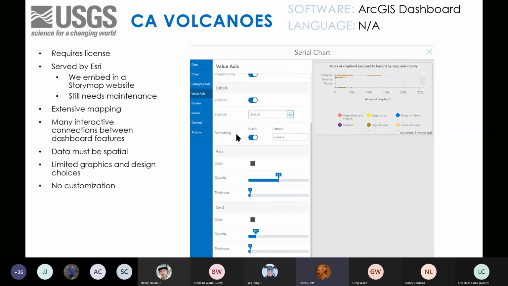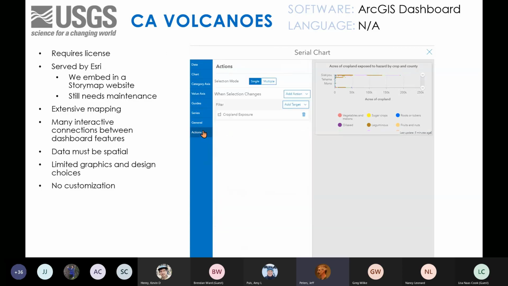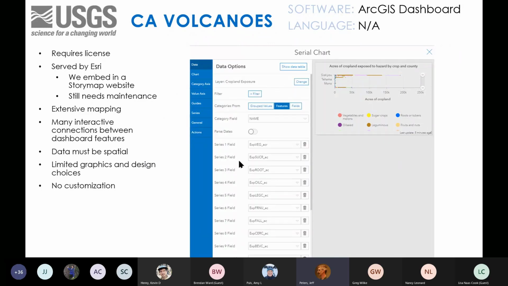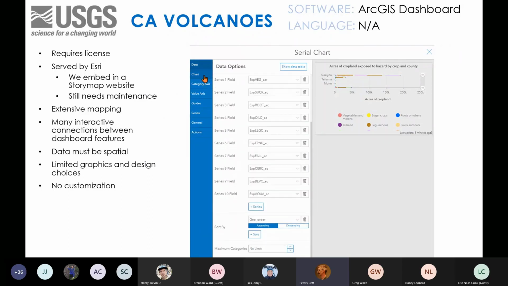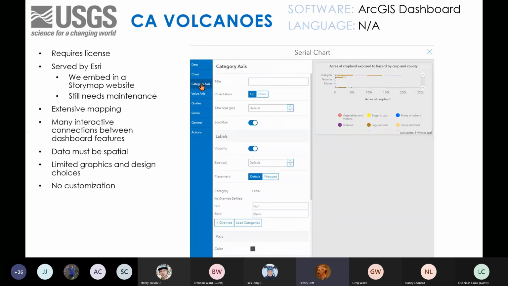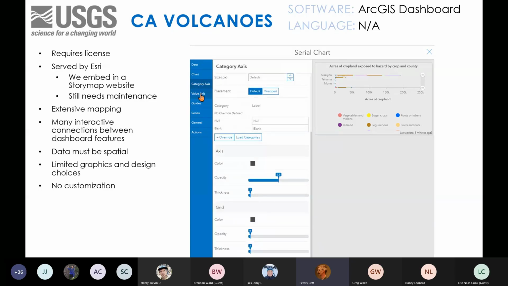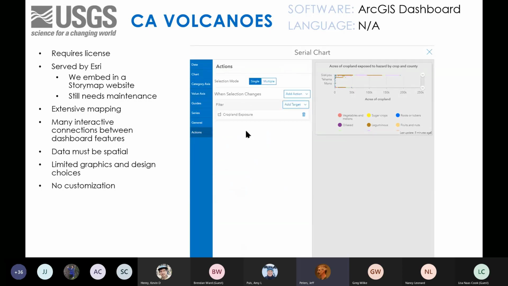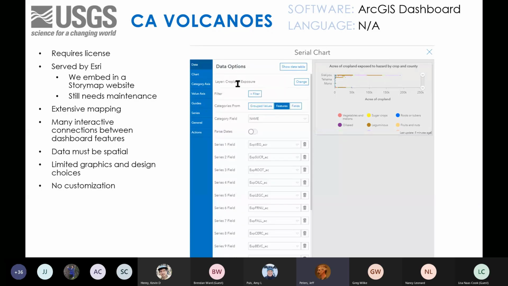But the data in these Esri projects needs to be spatial somehow, although I think you could probably trick it using a workaround of some sort. But as I mentioned earlier, there's very limited graphic capabilities. So some people really want to customize everything, and you're not going to be able to do that with this.